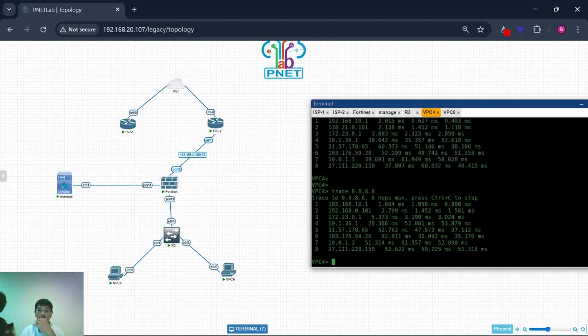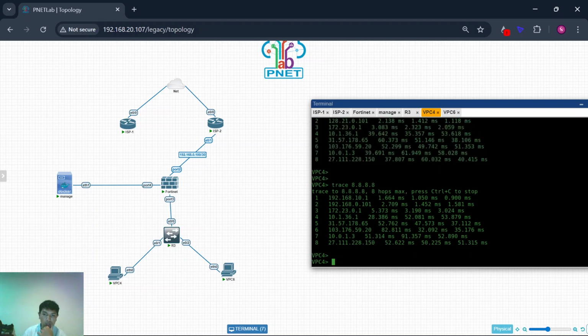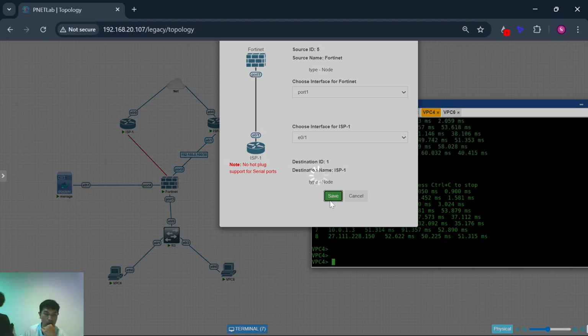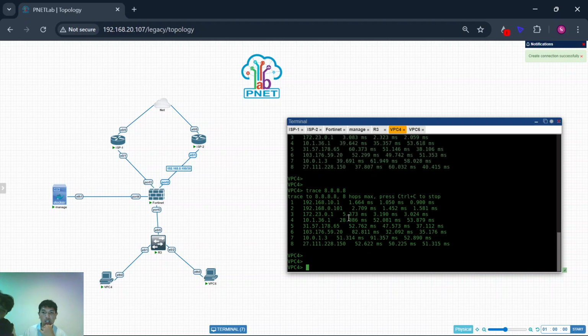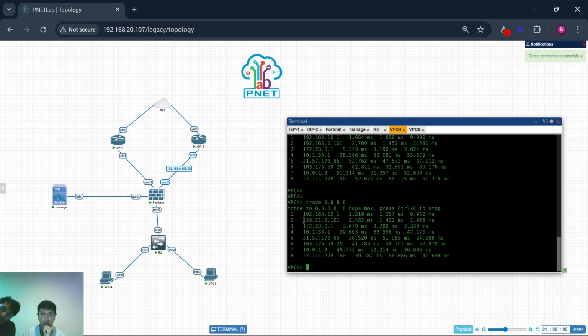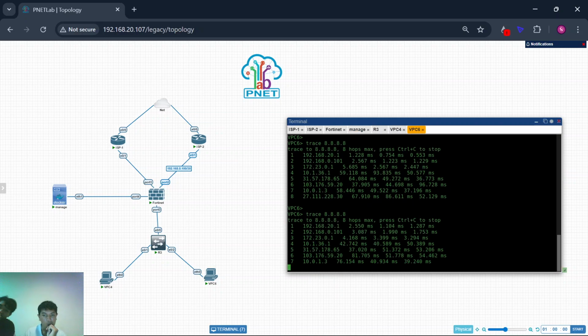Trace 8.8.8.8. Okay, you can see it was 128.21.0.101, and now it is 192.168.0.101. If I connect to port 1, it changes again. Now it can be 128. I think that's it for the SD-WAN configuration from me.